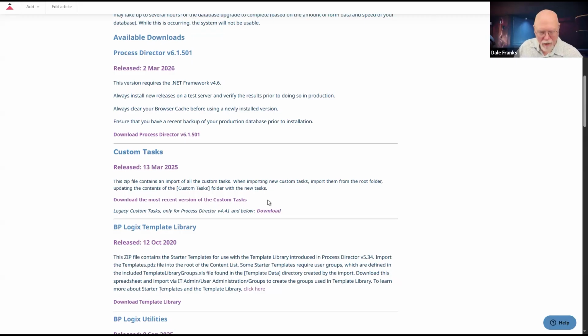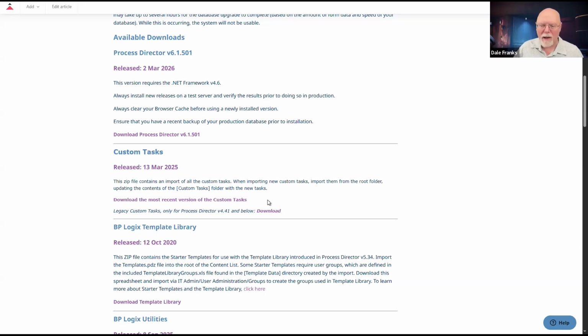Well, not usually. There have been a couple of releases where we made some change to the internal architecture, which has also changed how some of the custom tasks have to be programmed. So sometimes whenever we have a new release, we also have to release a new version of the custom task.